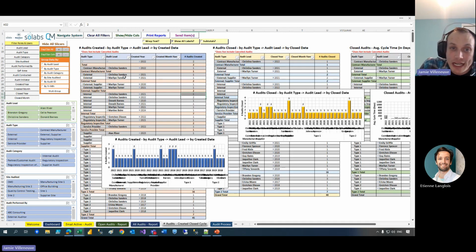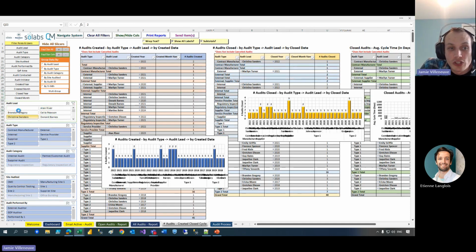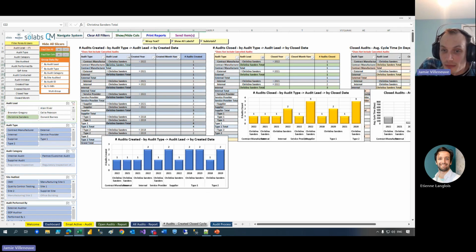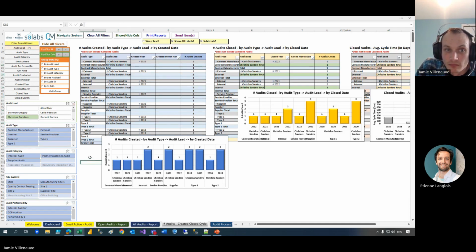Further on that, once you're here, maybe you'd like to filter for a specific audit lead. So we'd like to see maybe Christina only. So using our slicers down the left side, we can filter everything that's on the immediate worksheet to see what's happening with just her. So this group data by is available on specific tabs to basically deep dive and change all of the reporting that you're looking at for a specific